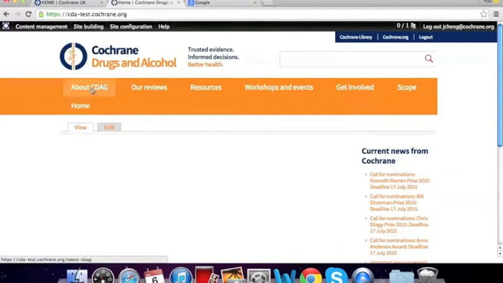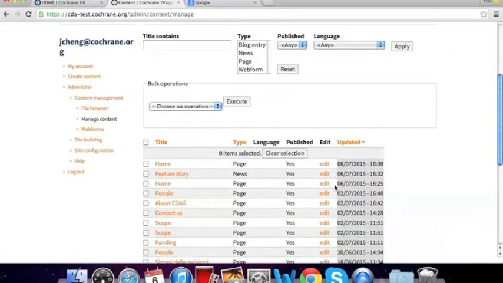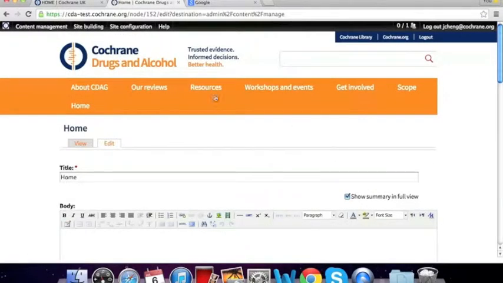Another way to link our home page is entering the node. If we want to find the node of a certain page, we go to Content Management, go to Manage Content, and identify the page that we just created. So as you can see, I just created the page called Home, and we want to go to Edit to find the node. The node is just the specific code of this specific page. As you can see up here, it says node/152. So what we can do is copy this node/152,